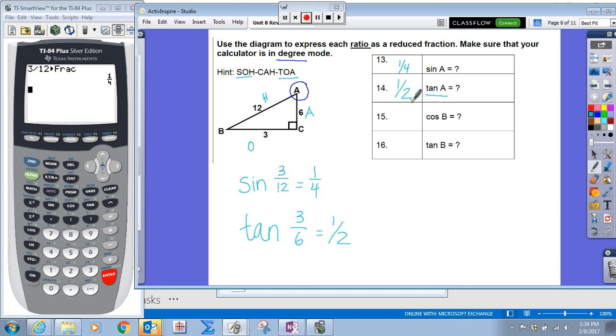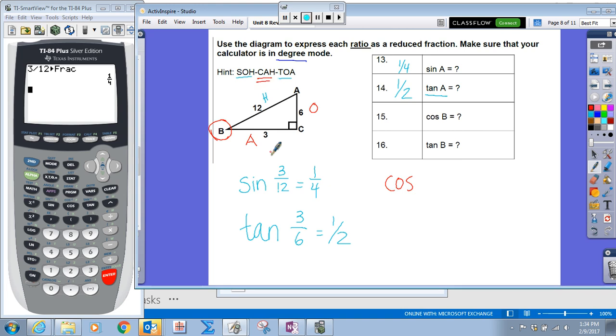Okay, now for B, for angle B, we're going to have to redo. The hypotenuse will stay as the hypotenuse, but from B, the sides change. So when we're looking from B, the side right next door is going to be the adjacent side, and the one across the way is going to be our opposite side. So now they're asking us for the cosine of B,